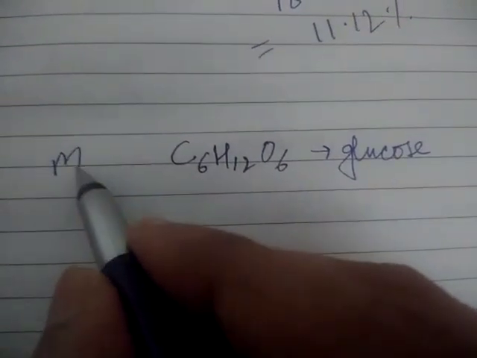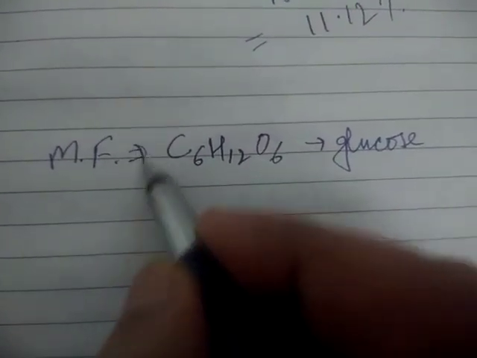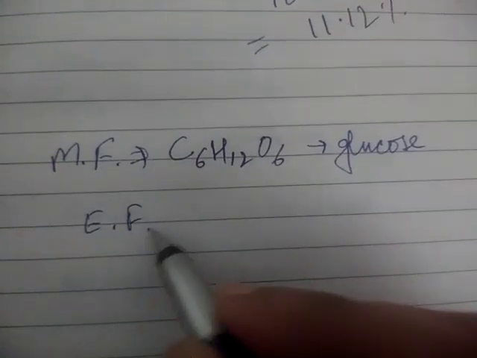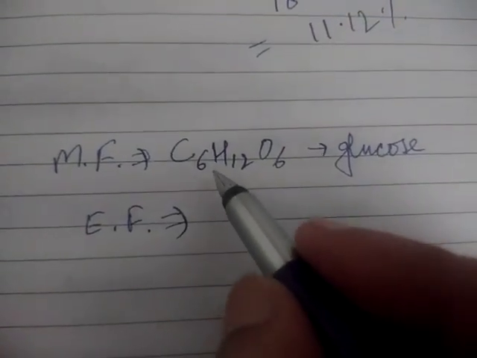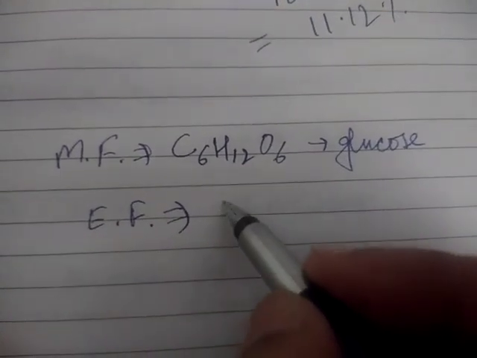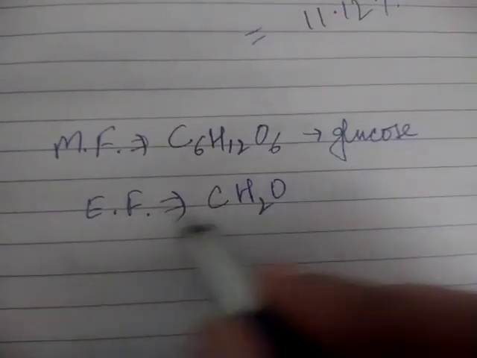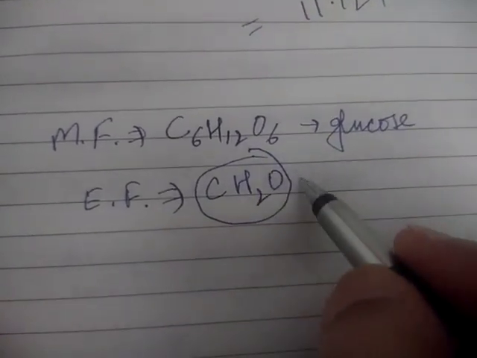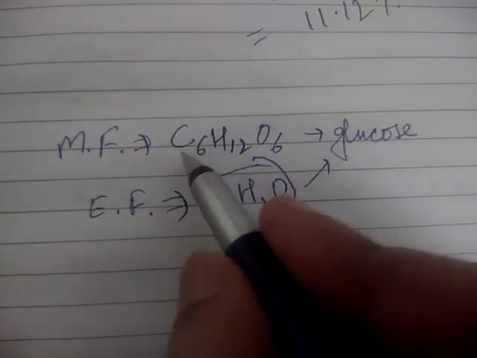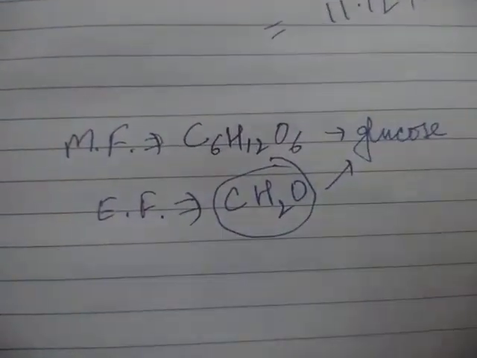One more example I am giving you. This is C6H12O6. This is the formula of glucose that you know. Now this is the real molecular formula. This is called the molecular formula. Now its empirical formula will be the simplest whole number ratio. So if I just take out the common factors, it will become C1H2O1. So this is the empirical formula of glucose, and this is the molecular formula of glucose.